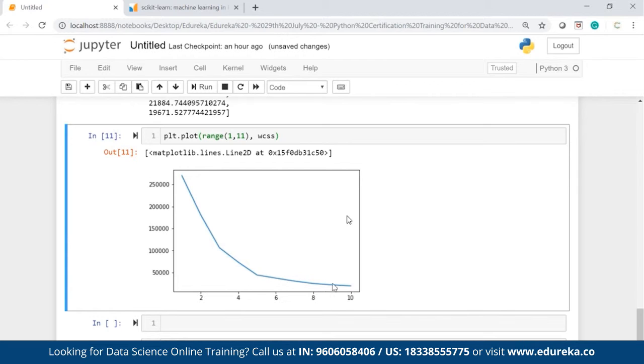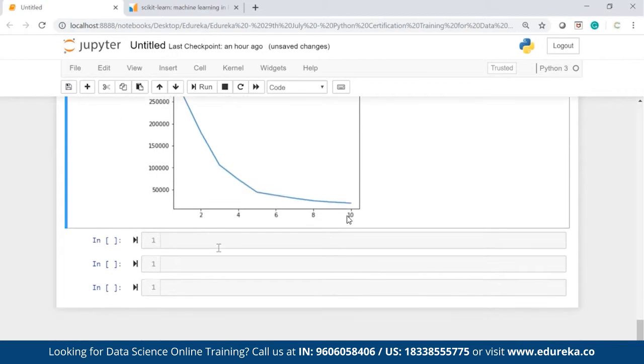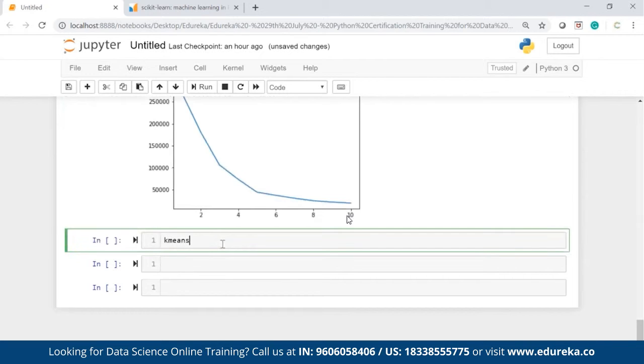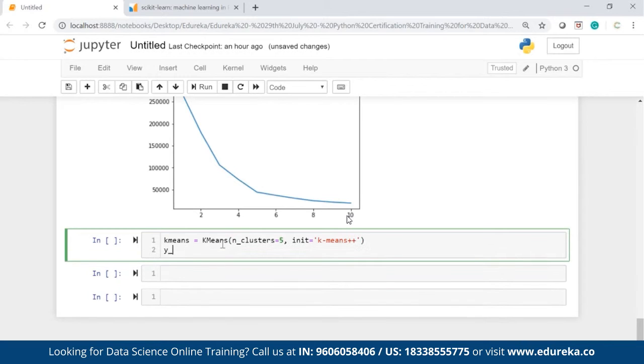After that, there is very little reduction in the Euclidean distance. So from here, I will be able to understand that 5 is the ideal number of clusters which I should have, and I can create 5 clusters in my data set. How can we do that? We just have to KMeans, bracket, n_clusters. This time I will pass 5 because I know 5 clusters are the best in this data. init equals k-means++, and finally I will do the prediction of